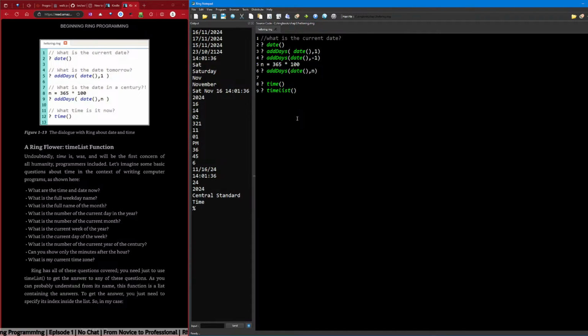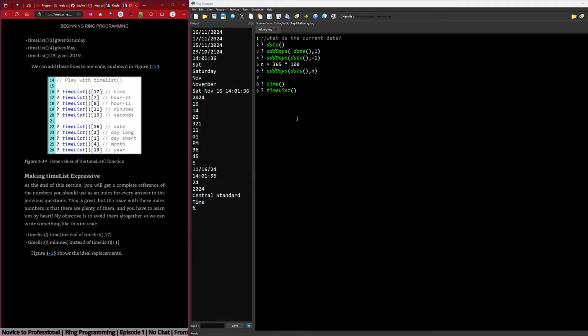As you can probably understand from its name, this function is a list containing the answers. To get the answer, you just need to specify its index inside the list. So, oh, makes sense. In my case, time list, bracket 2.